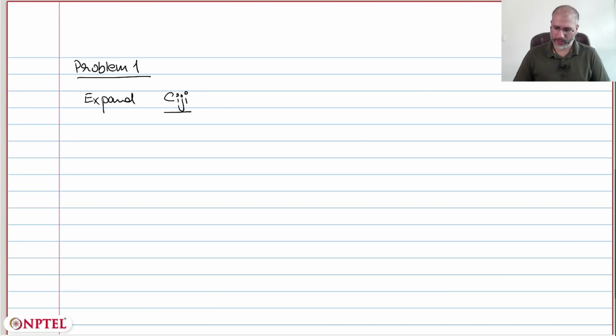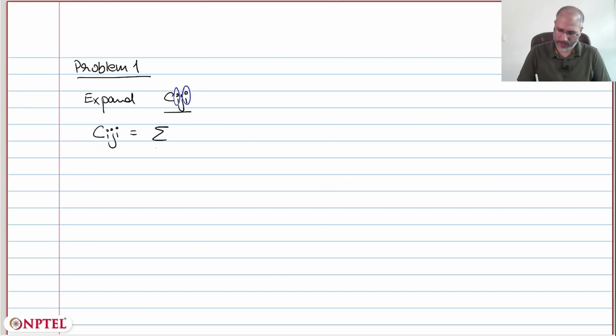The problem says that we have to expand Cij. Now the first thing in solving problems like this is to check whether there's a repeated index and whether we can apply the summation convention. So in this case, we can see that the index I appears twice. So we can apply the summation convention. So Cij